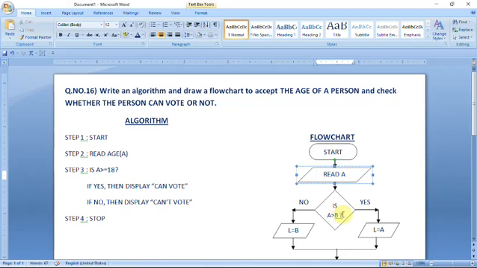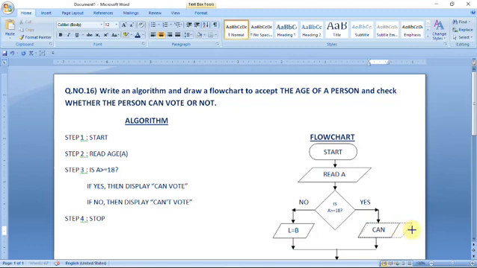Here you can see, is A greater than or equal to 18, question mark. Okay, this is the condition. Next, if yes, then can vote.